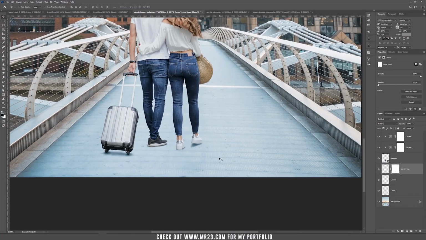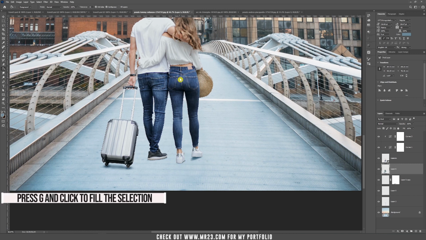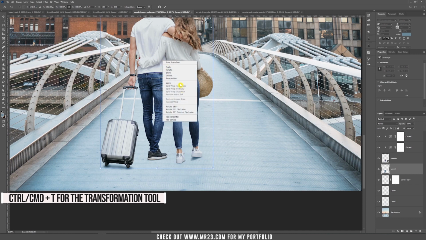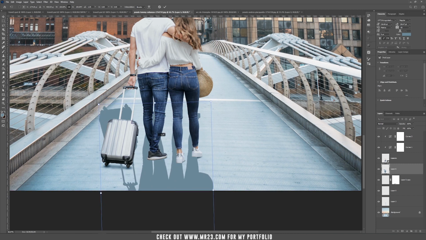Now I'm going to create another shadow, which is the couple's shadow. So hold Ctrl or Command and click on your layer. As you can see, it adds a selection of the layer. Create a new layer underneath. So hold Ctrl or Option and press on the create new layer. And now fill this one with the same blue color, and press Ctrl or Command T, right click, and then flip vertically and drag this shadow